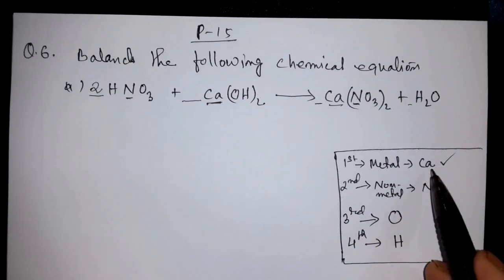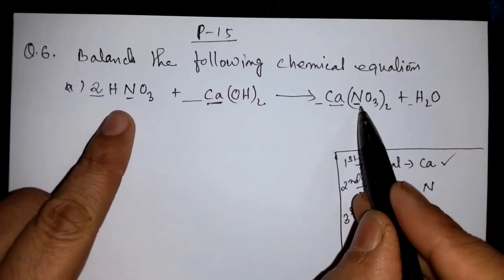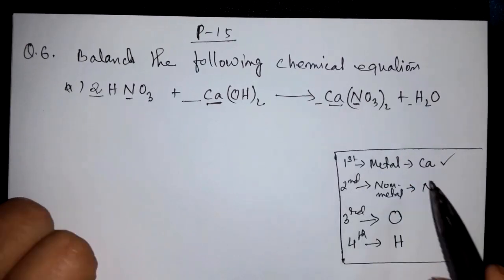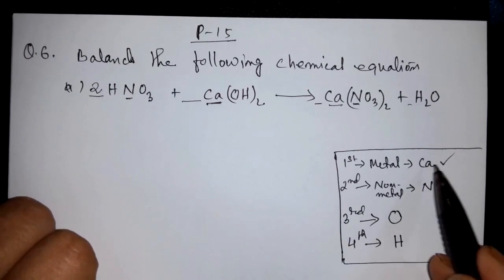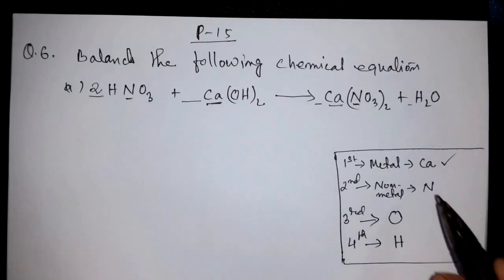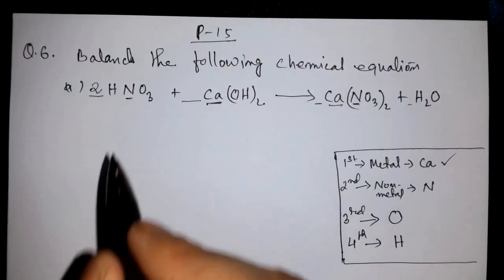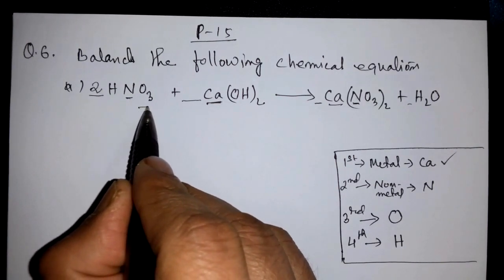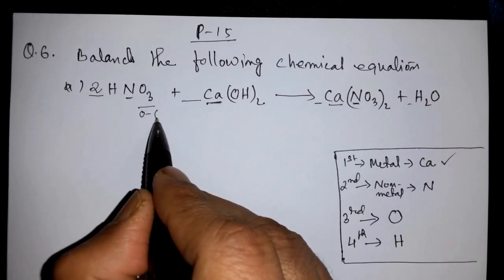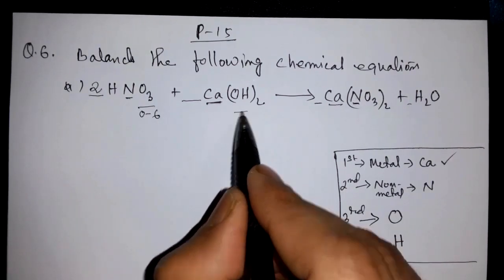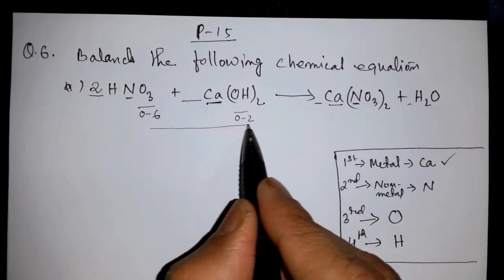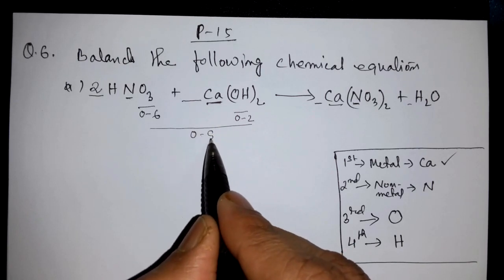Now again check calcium, since you are doing nitrogen here, and here calcium is not disturbed because you're not putting any number here. So just make a habit that when you balance, just check if this is disturbed or not. So here it is not disturbed, but make a habit of checking. So after nitrogen, next is oxygen. Now here your oxygen is 2 into 3 is 6. Here your oxygen is 2. So together your oxygen is 8.